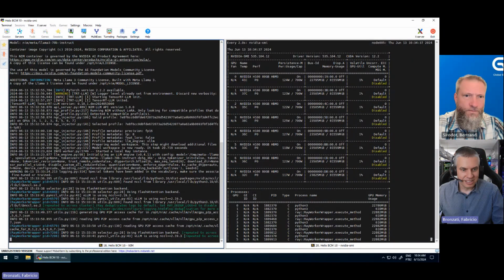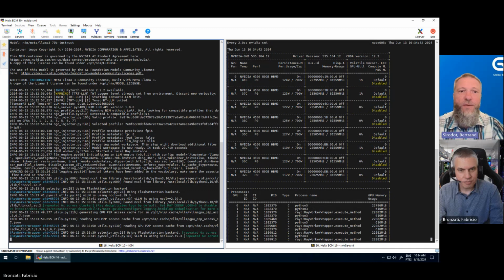So it's still loading here. Yeah, and the fact that the API server is the same, whether you use TensorRT LLM or whether you use vLLM, makes that testing super easy because you're running the exact same command. And if you're using the GenAI-Perf tool that you showed before, you can run the exact same command against it and see your time to first token, your latency, your throughput, see how they differ between the two, and then make the informed decision of what's going to work best for you.